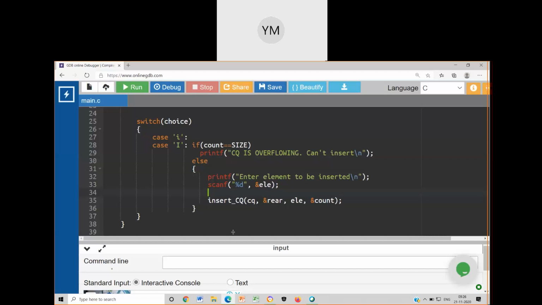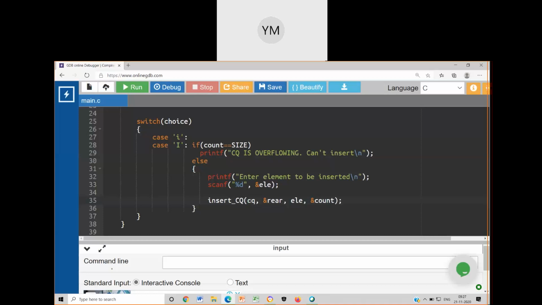Then why can't I write ampersand CQ? Reason being, CQ being an array, it is directly acting as a pointer only. And if you pass ampersand to that, it will give me the address of the pointer, which is not the address of the zeroth value. That's why the array name has to be supplied as the array name only.